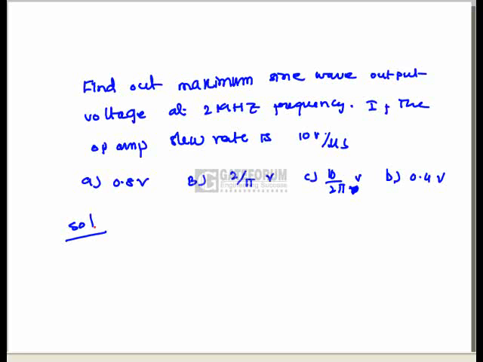Find out the maximum sine wave output voltage at 2 megahertz frequency if the op amp slew rate is 10 volts per microsecond. Right, so this is a direct question. We know the formula for slew rate, generally indicated by delta, is equal to 2 pi f times Vmax, where Vmax is the output voltage of an op amp. Right. So if you solve this, Vmax equals